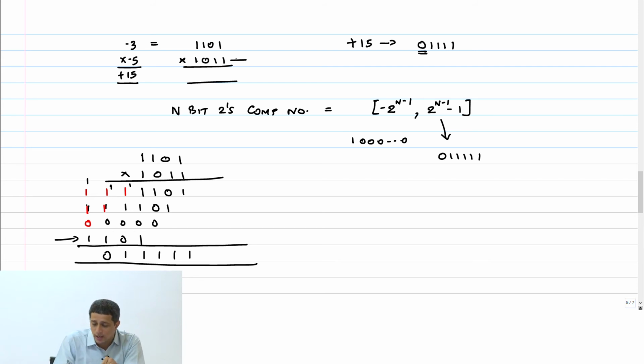See, this number here is minus 2 power 3 plus something. So when I am multiplying by the MSB alone, it's actually a negative number. And therefore, what I have to put here is not just that value, but the negative value of that. Right? So if I get minus 5, I have to put plus 5 there. Oh no, minus 3 into minus 1, I have to put plus 3. So this has to be 1100. Correct?